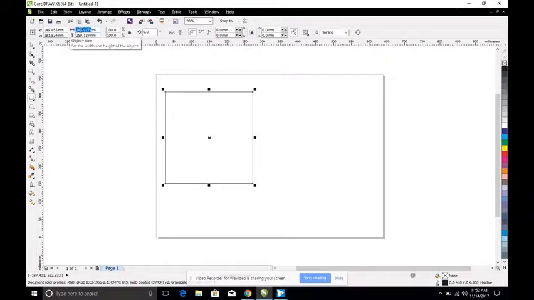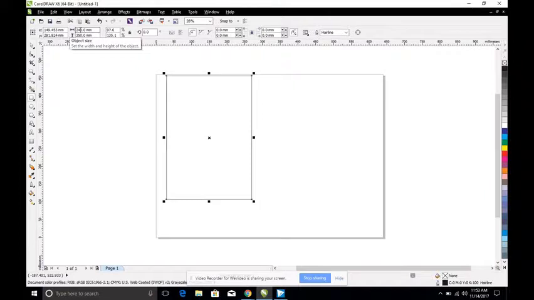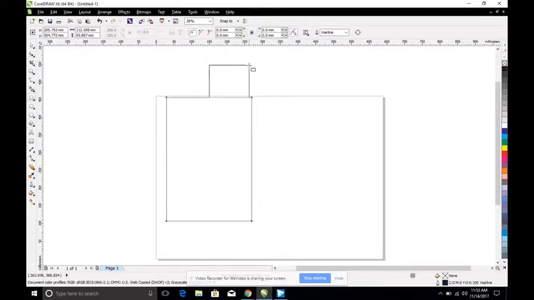and I'm going to make my rectangle. Let's say that my 1-to-1 scale drawing was 240 millimeters wide by 350 millimeters long. I can go like that, hit enter, and there you go. I've got the size of what the front and the back of the gumball machine is going to be. Let's just say I've got a little box that goes up here, and that box is going to be 120 millimeters by 120 millimeters, because that's where I'm going